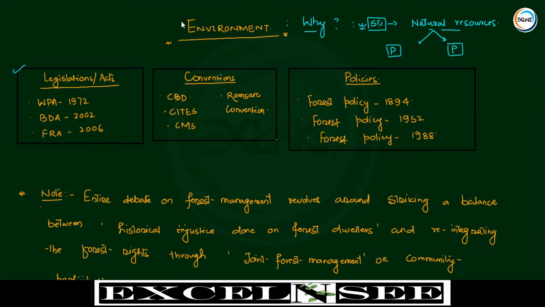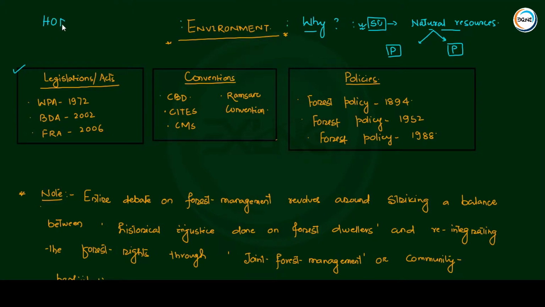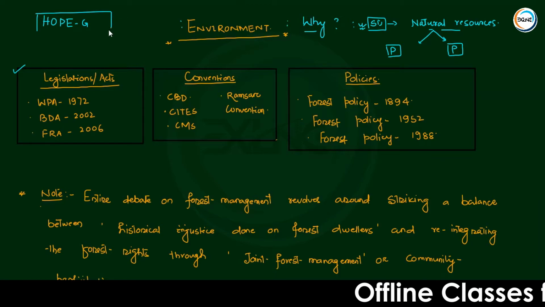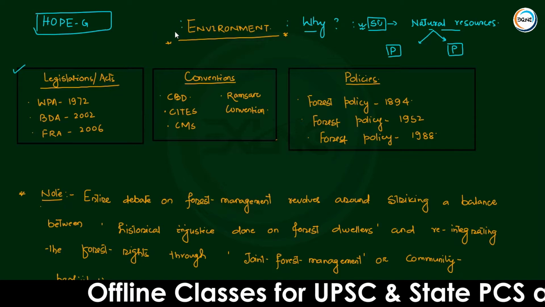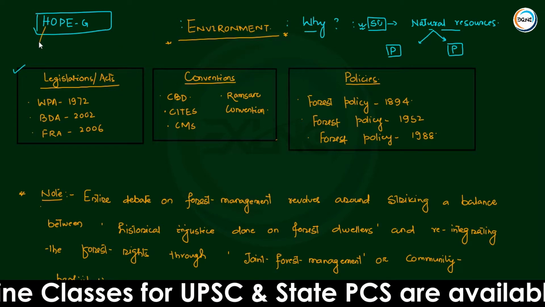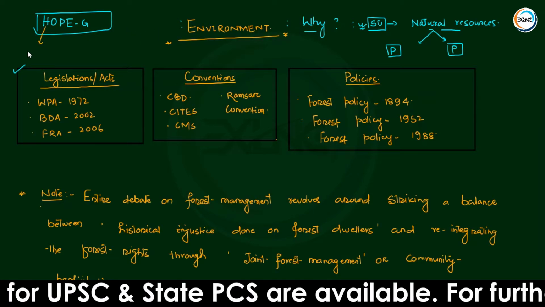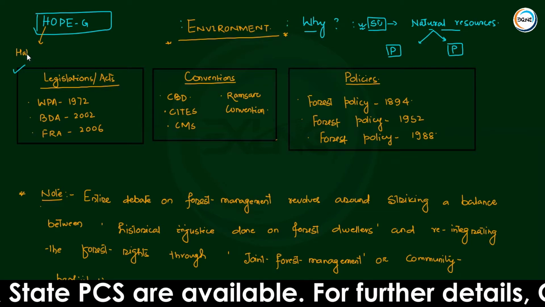Before that, let us share a thing, that there is a term called environmental degradation, environmental loss, climatic change. What are the factors? Short में इसको ऐसे याद रख सकते हैं, that is HOG. These are the factors responsible for environmental loss, climatic change. HOG, biodiversity loss. HOG means H for habitat loss.